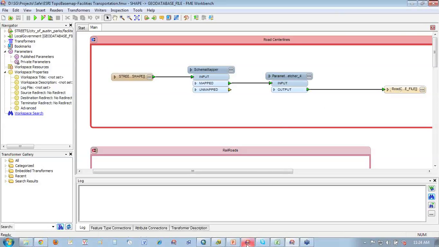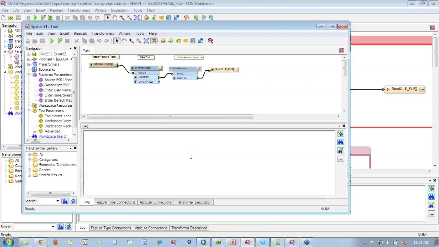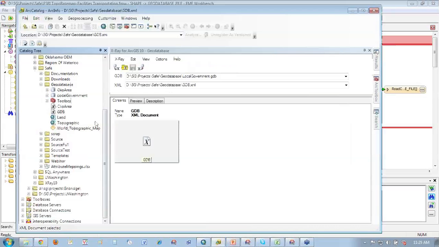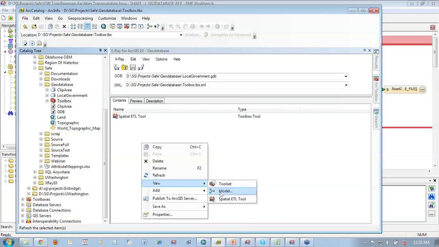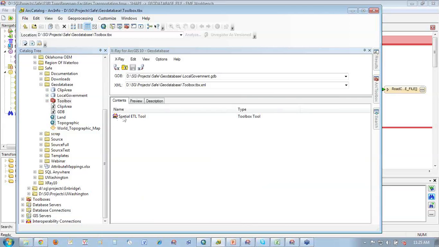And if you're wondering about, well, that's fine for the workbench in FME, if we went to look at a spatial ETL tool here, it looks exactly the same for this streets data set on the left-hand side as a shapefile, and the road center line and the target on the right-hand side. So again, this is a spatial ETL tool. The way that I got to that thing is I have a toolbox in ArcGIS Desktop, and I just said new spatial ETL tool and answered a few questions about format, and now I have this thing available.